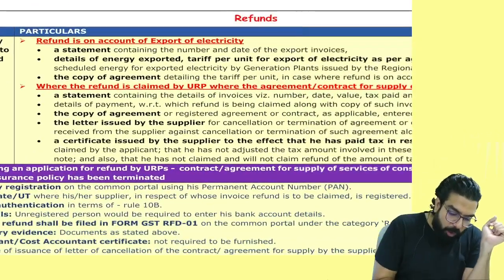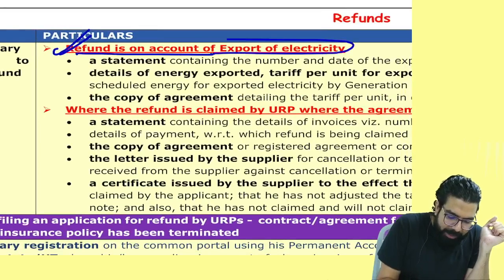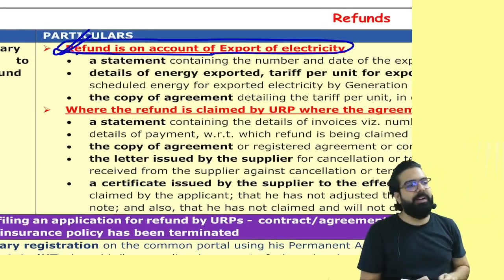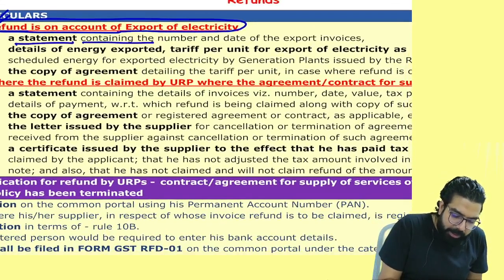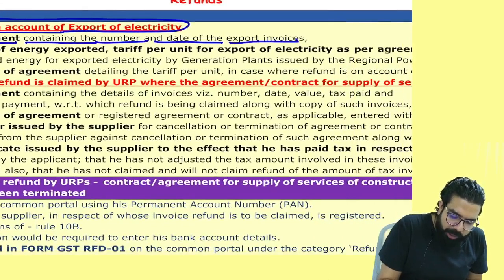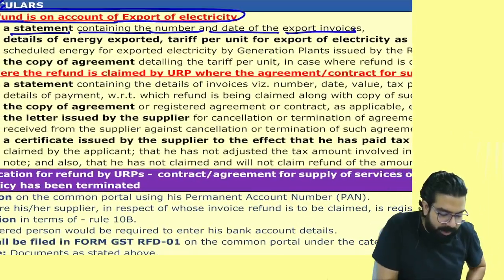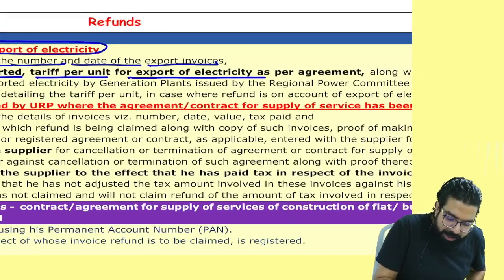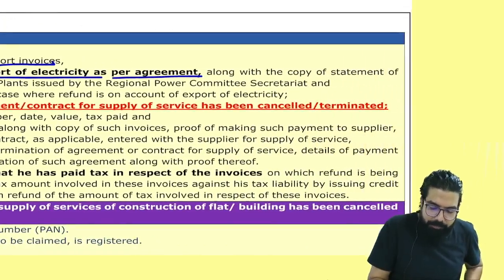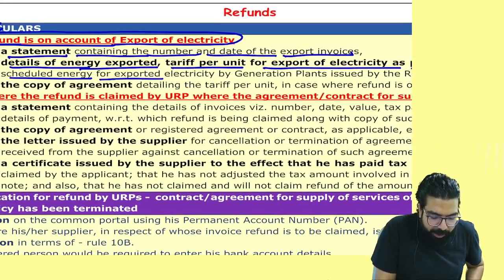For that, they have gone ahead and told, whenever refund is on account of export of electricity, what is the documentary evidence required to be given? They say a statement containing the number and date of export invoices. You have to give a statement containing the number and date of export invoices. Detail of energy exported, tariff per unit for the export of electricity as per the agreement, along with the copy of statement of scheduled energy for export